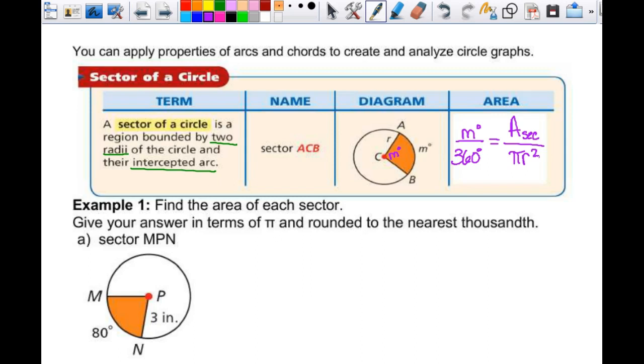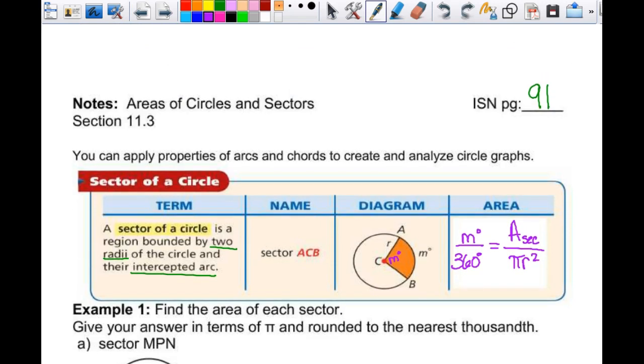So it's a proportional relationship, almost identical to yesterday's, except instead of length over circumference, it's area over area. Easy enough? Okay, so again, there is a formula. We're going to write it up here. So the formula,